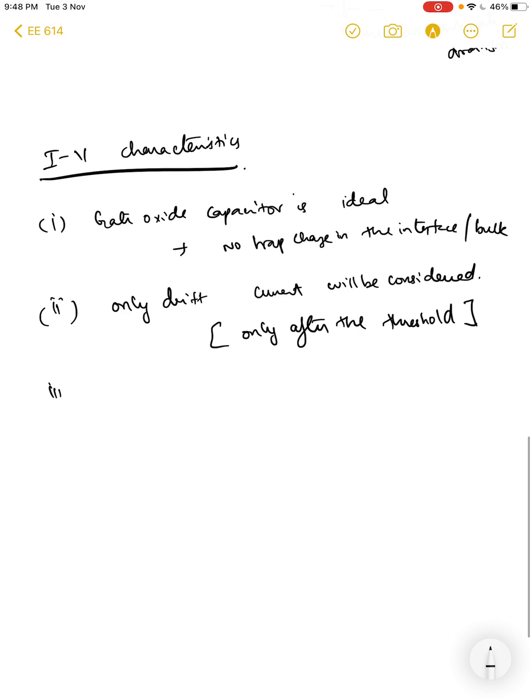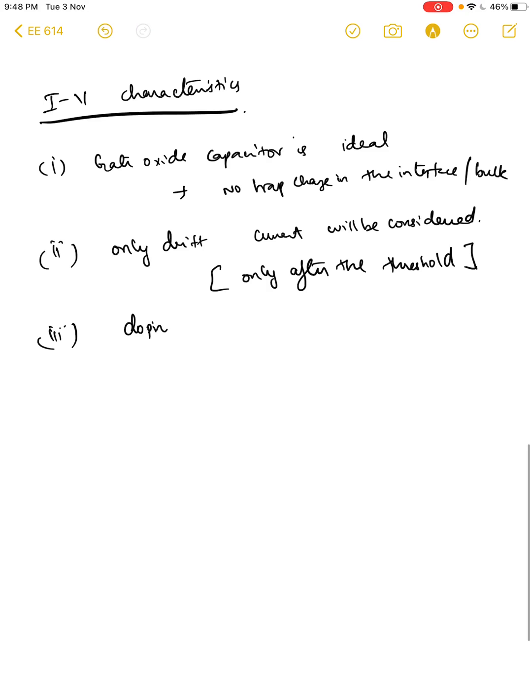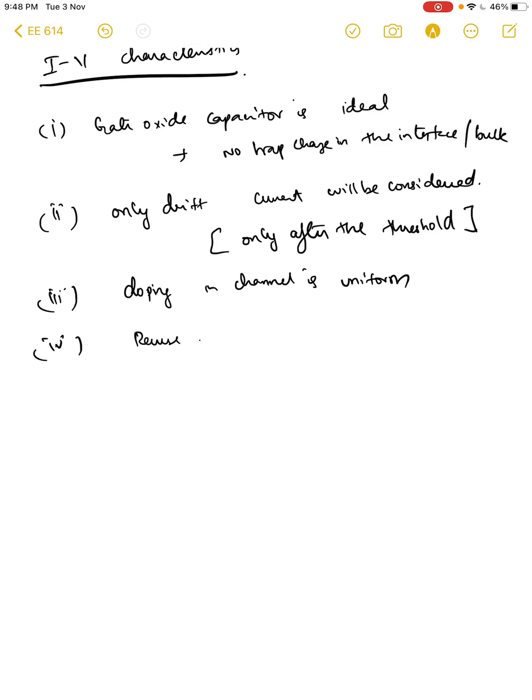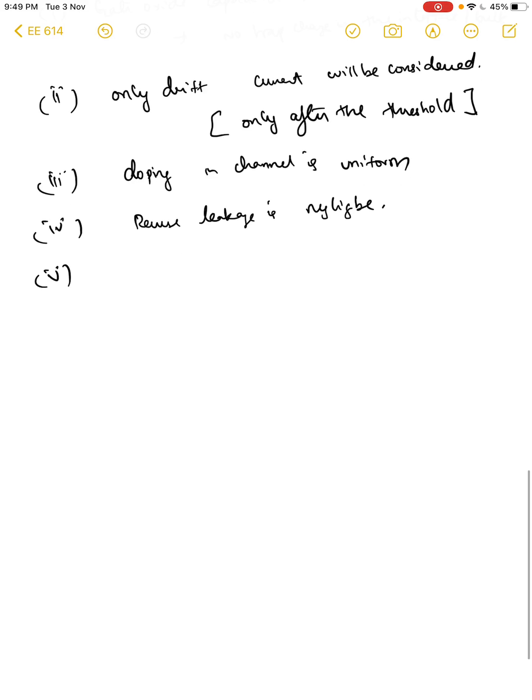Okay, so the third thing is the doping in the channel is going to be assumed to be uniform. Fourth, the reverse leakage is negligible, because the drain-body junction is reverse biased, we do not want to have a hole injection into the drain and such. And fifth, another important point, which is called the gradual channel approximation,